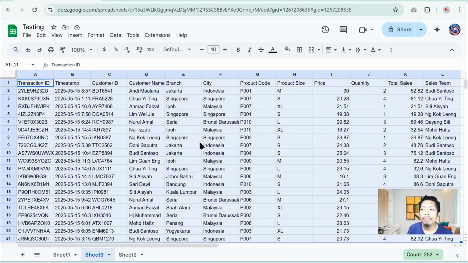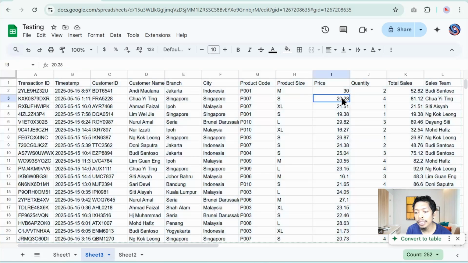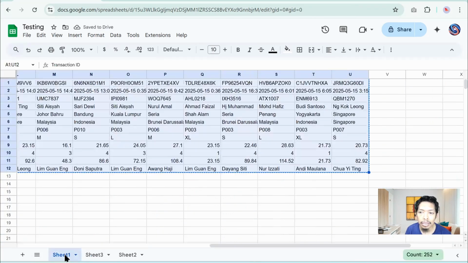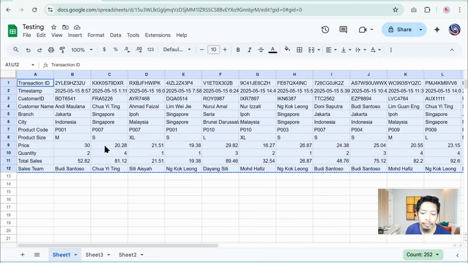The advantage of this method is that it creates a separate static copy of the data so you can edit it freely without affecting the original table. For example, if I change the price value in cell I3, the original data in sheet 1 stays the same.